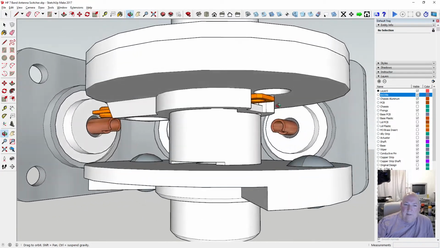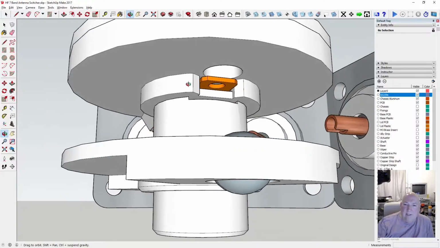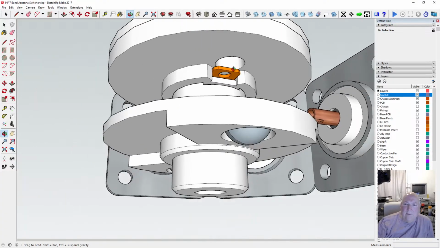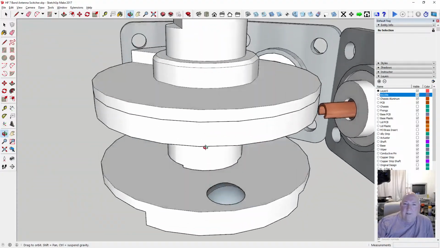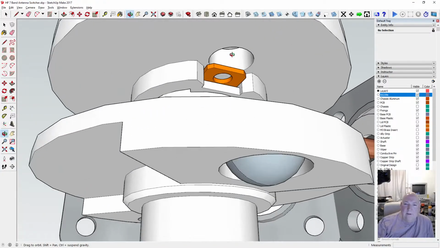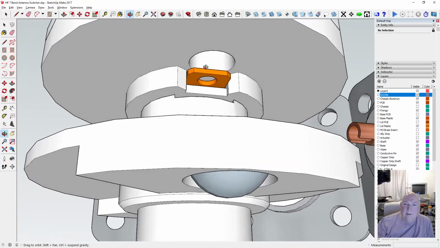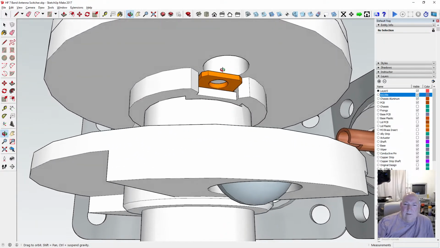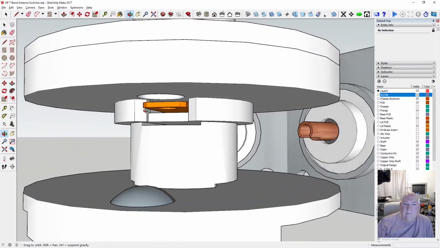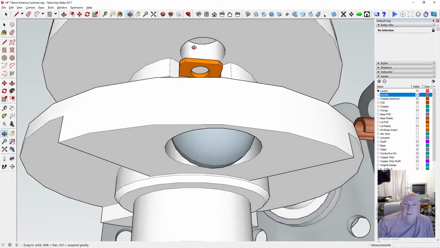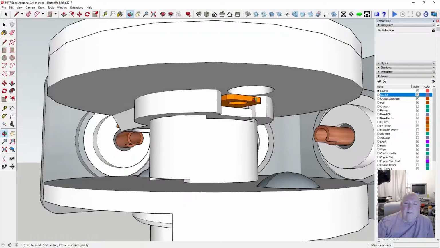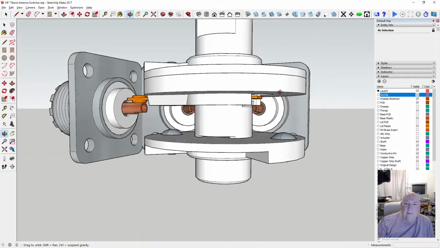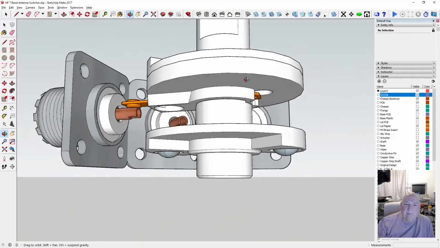So in that case, we don't need the hole anymore at the top, do we? No, we don't need that hole. It's of no use to us. I'll leave it there for now though.